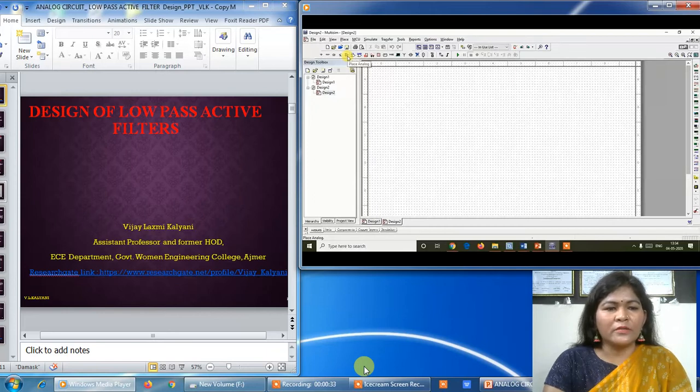In the previous lecture, we had already learned about the active low pass filter and we had derived the gain magnitude equation. As you know, this op-amp 741 IC is a general purpose IC, meaning it is used for general purposes like addition, subtraction, multiplication, integration and differentiation, etc. This is also called a conventional op-amp, meaning it cannot work at high frequencies due to the frequency limitation of this IC and its slew rate, that is 0.5 volt per microsecond.